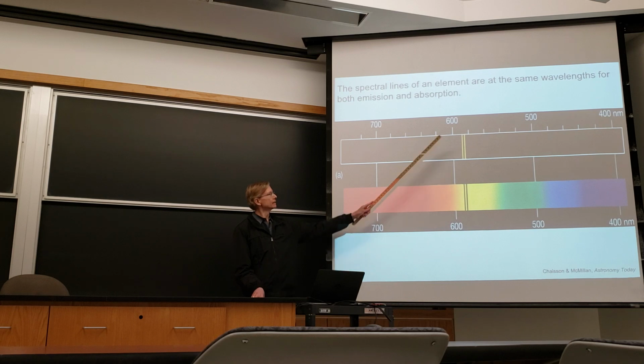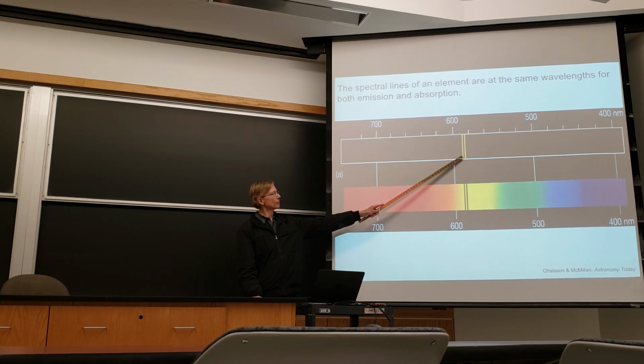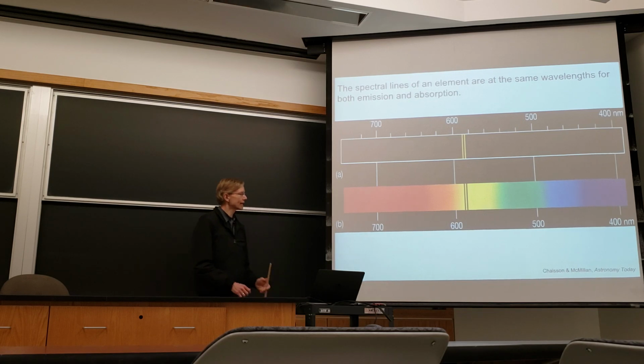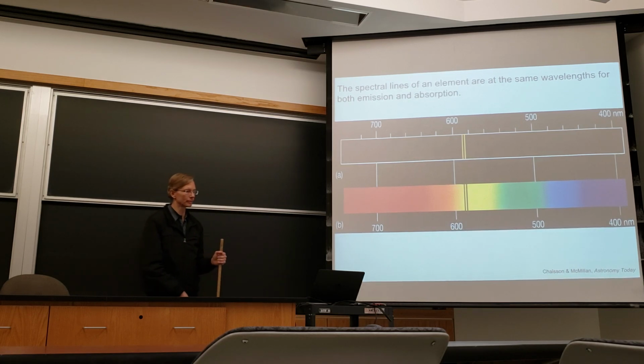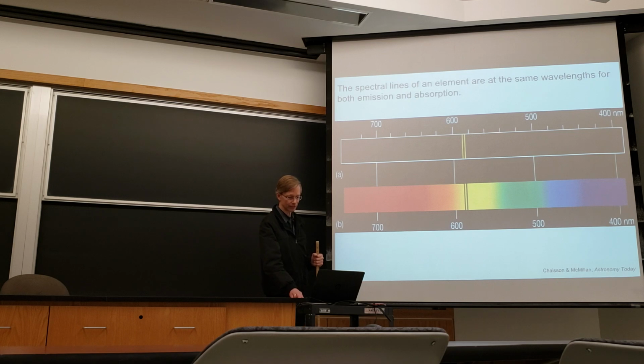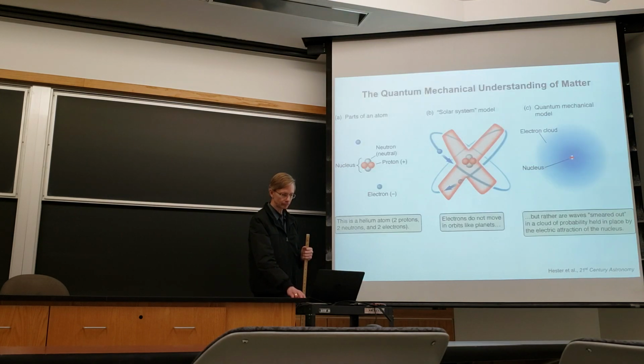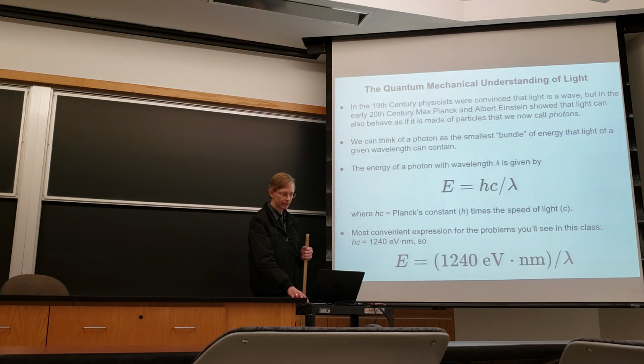And again, the same wavelengths show up in both emission and absorption. So for sodium, for example, there are two closely spaced in wavelength yellow lines that a hot cloud of sodium will emit. And if you take a cloud of sodium and put it in front of a source of continuous spectrum, you will see dark lines where light is missing because the sodium atoms are absorbing light at those particular wavelengths. And the reason why elements behave that way is because